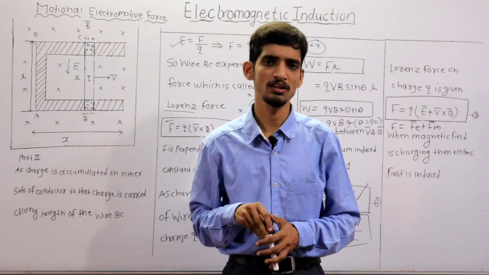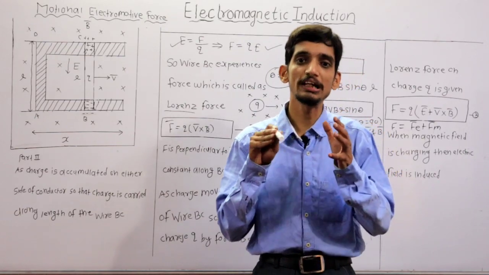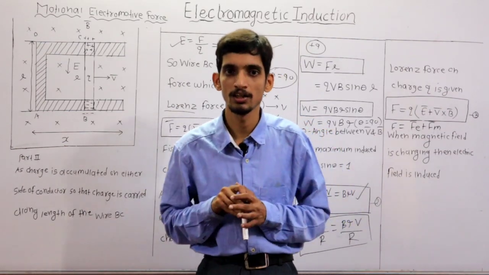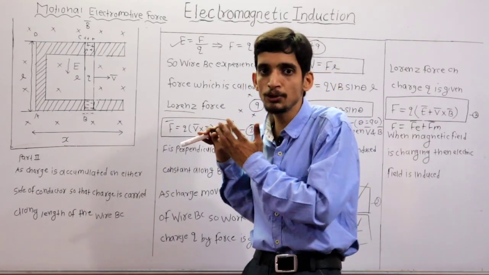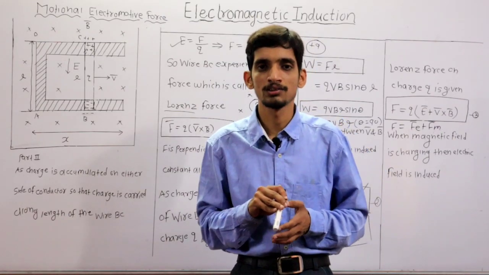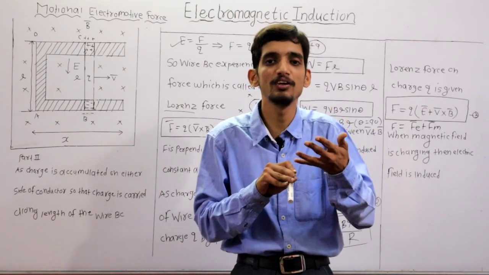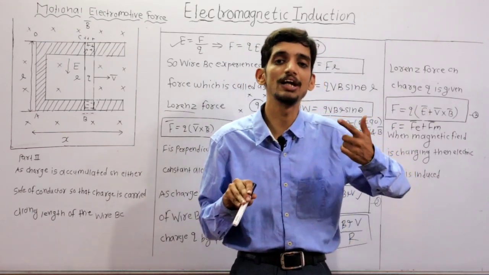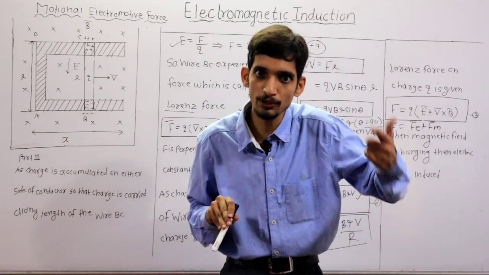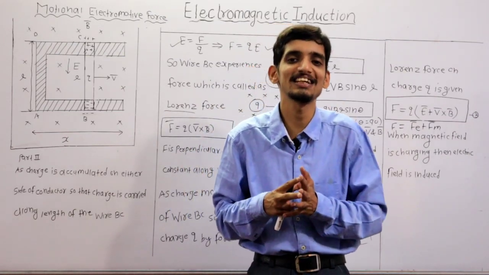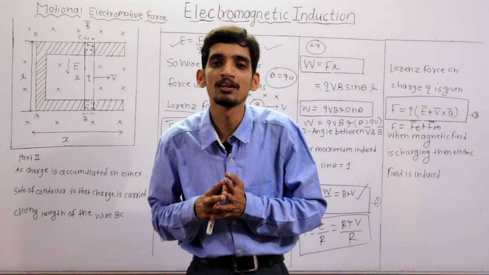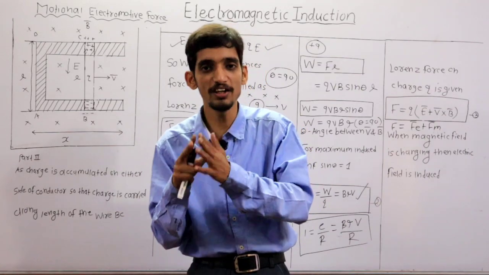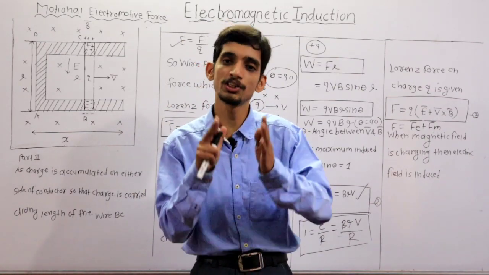Clear? So in this lecture, first I discussed the motional EMF concept, then I derived the EMF, that is BLV, using Faraday's law, and in part 2 of the derivation I applied an important concept, that a charge placed in a magnetic field, if it is in motion, experiences a force, and finally EMF is induced, electric field is induced, and when both forces are present along the rod, we define one important force, the Lorentz force, which is the addition of the force due to electric field plus the force due to magnetic field, which is the total force.